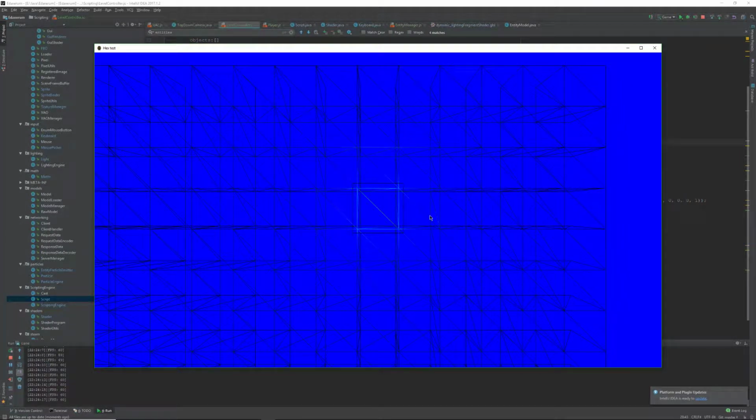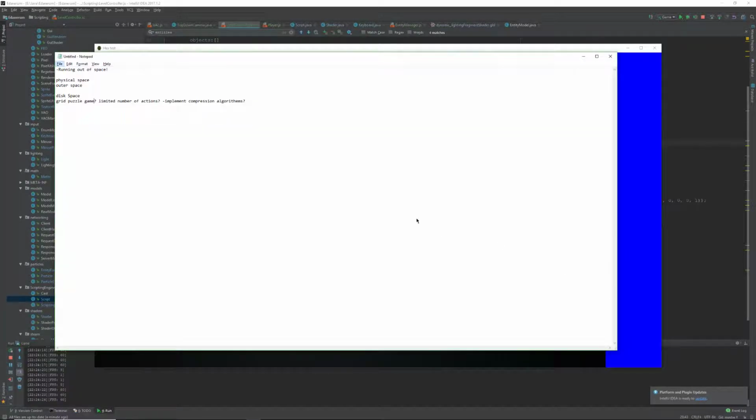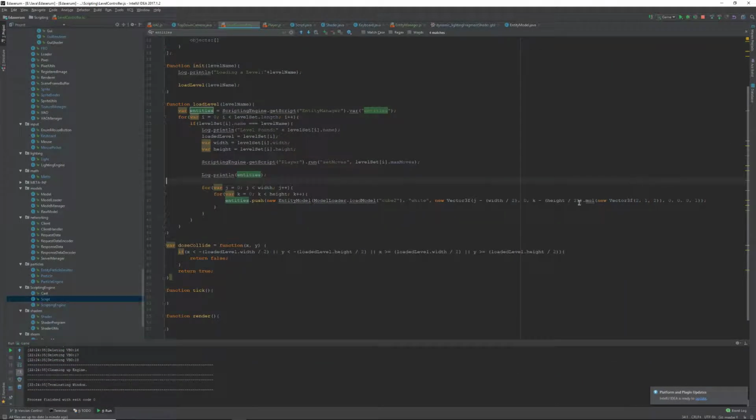Oh, I just got an idea. We could make this kind of like a maze game too, because if we come back to this notepad document, running out of space, that is our theme. What is a way we can run out of space if you can't see? So let's close this, and we're going to come back in here,